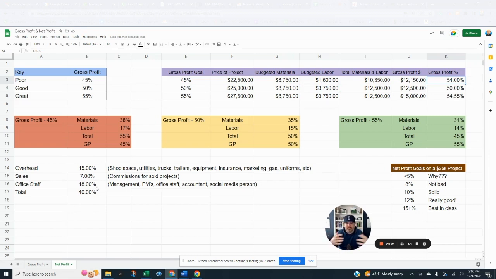So, right, I mean, it's this back and forth play of what this is, and I don't want this to get too confusing, but the main thing is that this number up here, this gross profit number, whether you're at 45, 50, or 55, these are kind of things that you can control, because a lot of this is based on pricing, right? If you're pricing this $25,000 job at 27.5 instead of 25, well, now you're making 15,000. You're at almost 55% when we round, and we still have overhead of 40%, which, man, that seems really high. It's awful, but now you're making 15% on that job. Now you're a best in class type of company, right?